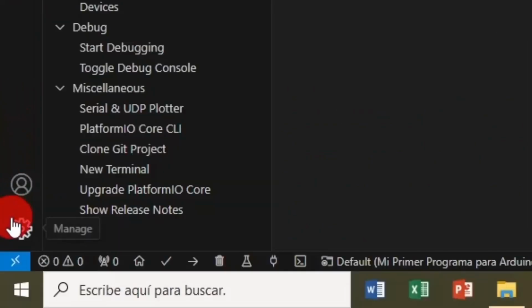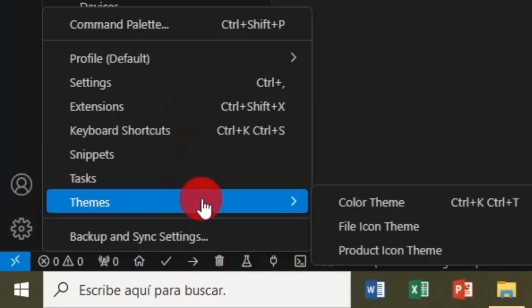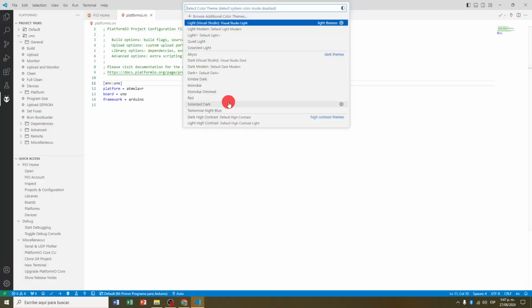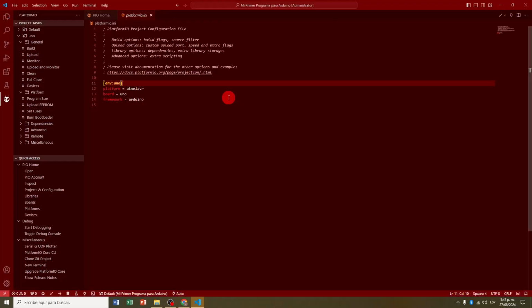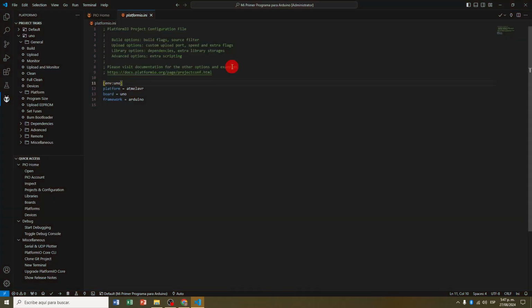Below in the Settings icon, we find an important customization option, where we find the color of the theme for the interface, having the default dark theme that we see on the screen. Modern clear themes, just as you see on screen. And even scandalous red themes, among many others. Due to my preference, I will work with the modern dark theme, which is default for the Visual Studio Code